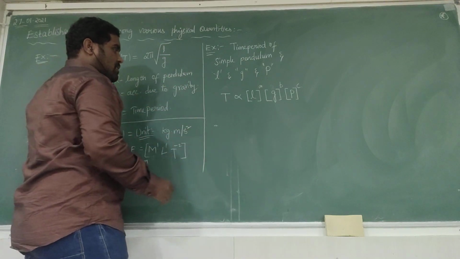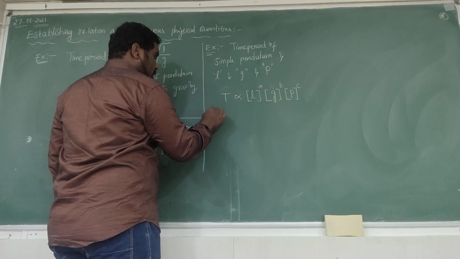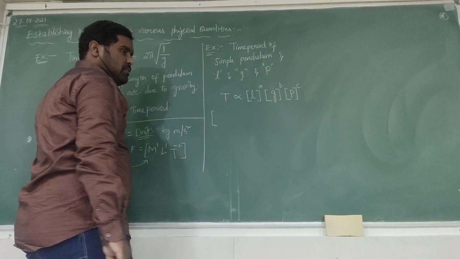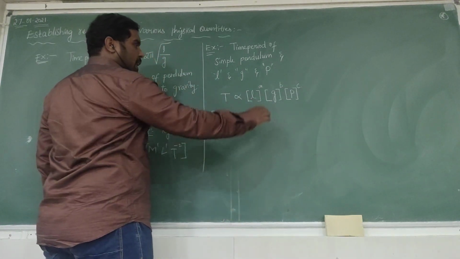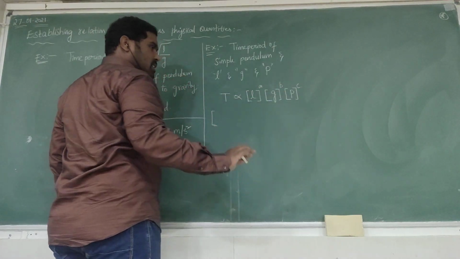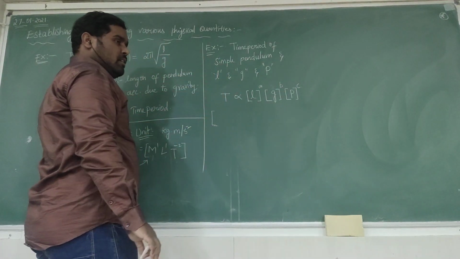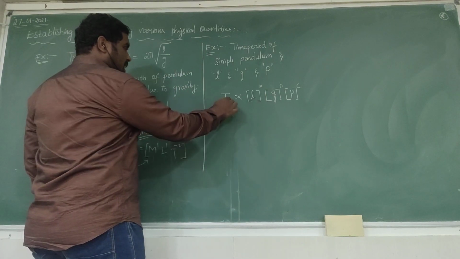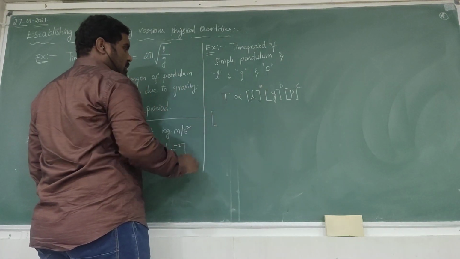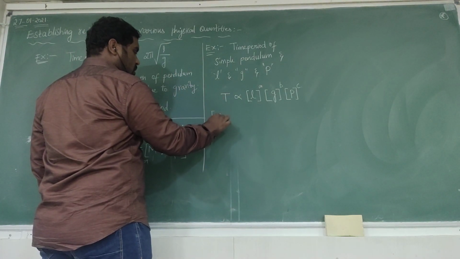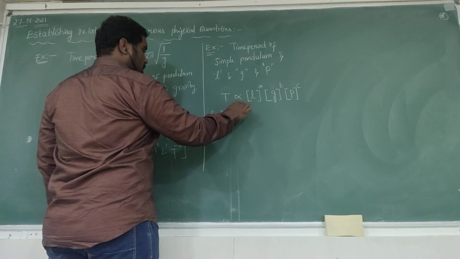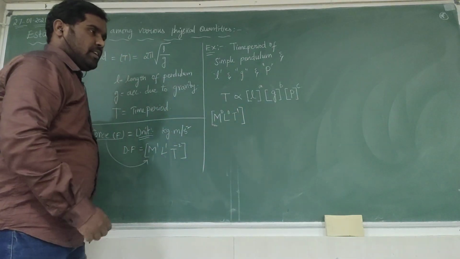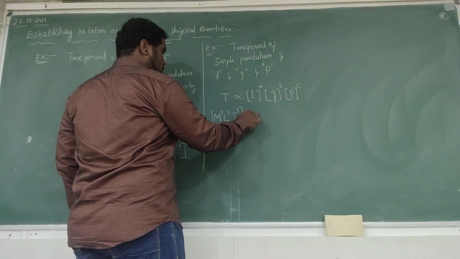So now the process starts. Write down the dimensional formula for time period. Now we have to calculate a, b, c. If you calculate the values of a, b, c, the answer is finalized. What is the dimensional formula for time period? M0 L0 T1, and this is proportional to